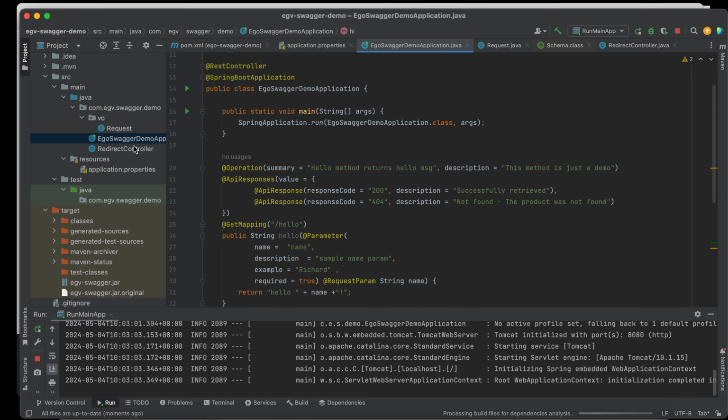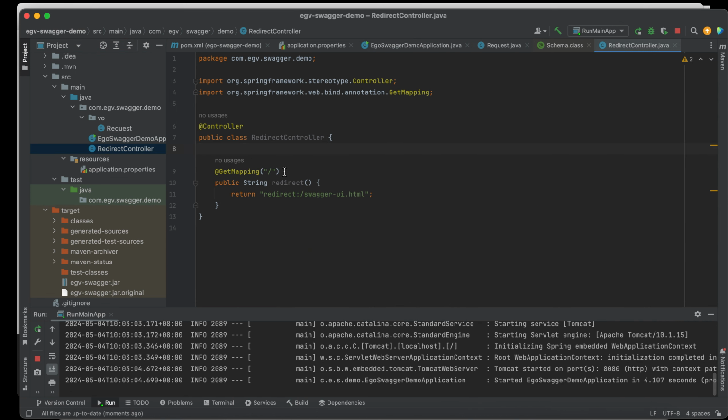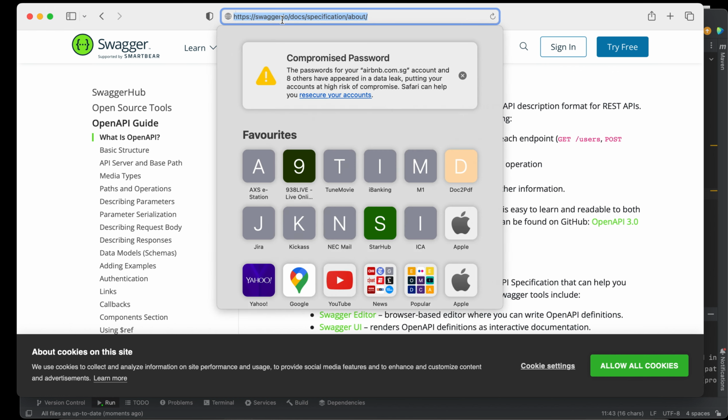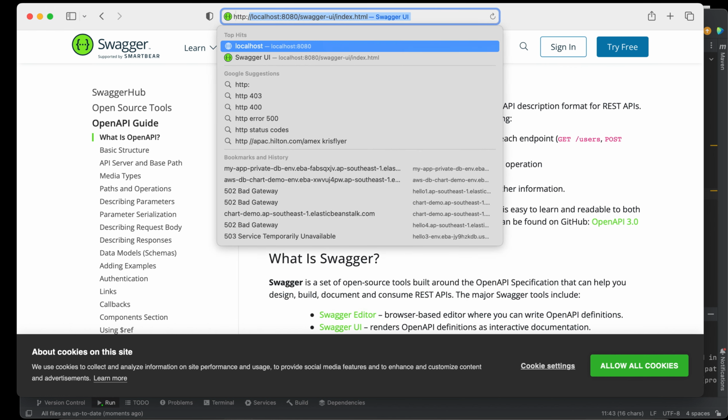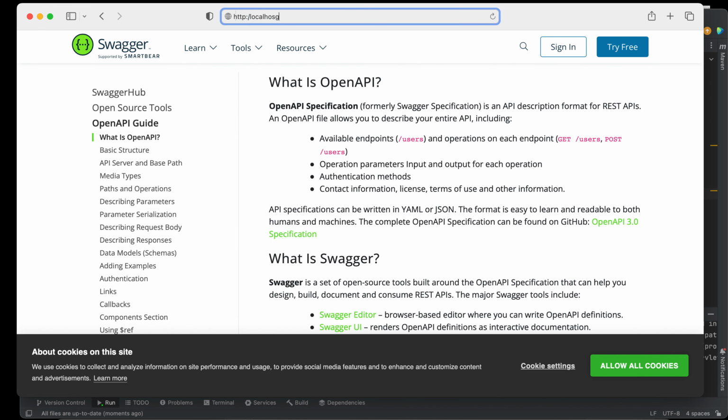By the way, I have another controller here to redirect. So our default page will be this Swagger UI page. As you can see, when I type in http localhost, I don't need to specify an endpoint.